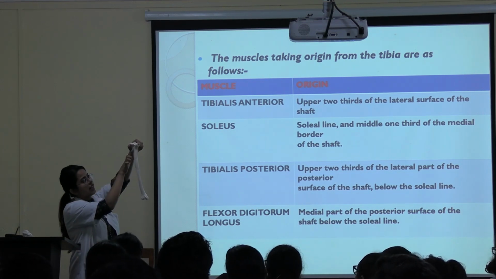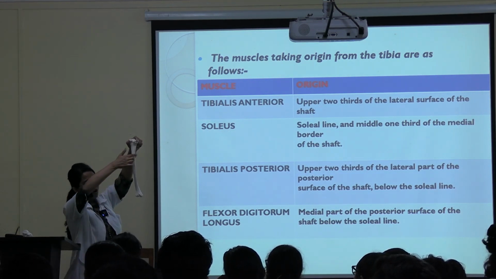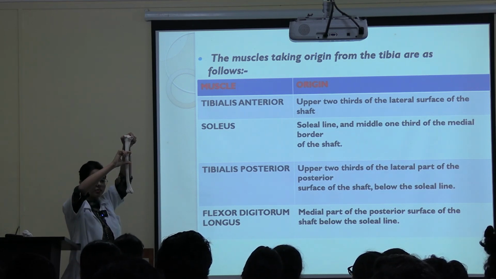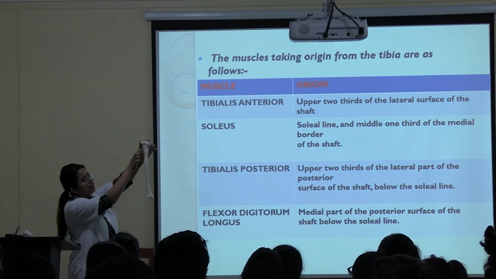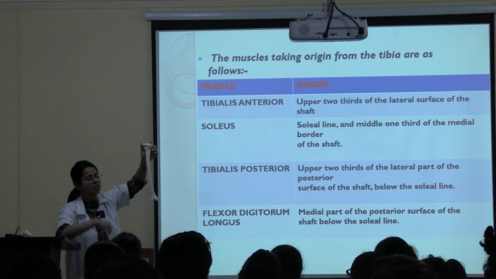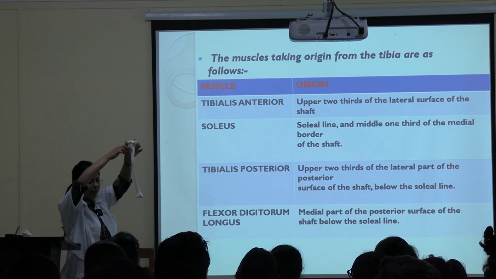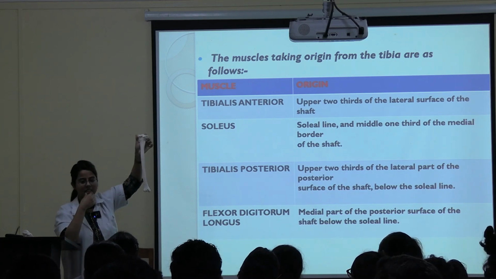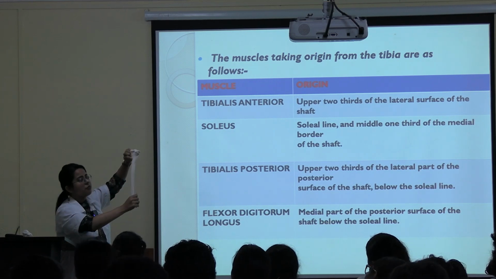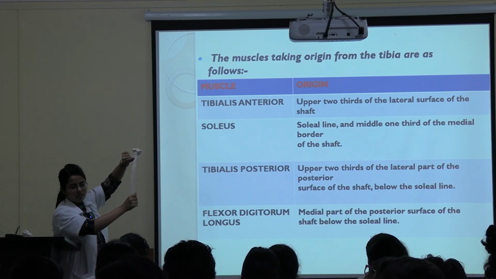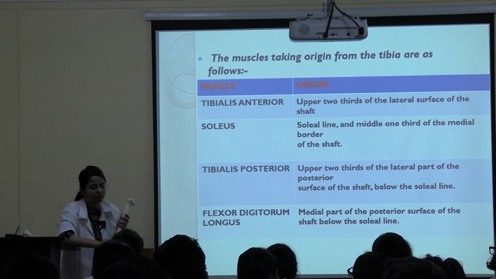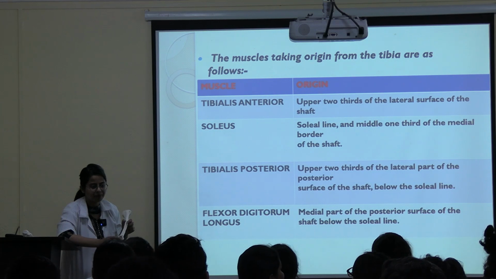Medially, you can see that it is also continuing here. So soleus muscle will attach to this soleal line, and also what is this border? Medial border. And it will also attach to the medial 1/3 of the medial border. Okay, like this. Soleus muscle will attach like this. Clear? And which muscle was there in this triangular part? Popliteus. So this soleal line will have soleus muscle, the fascia covering popliteus and soleus, and also the deep fascia of the leg. Okay, clear?